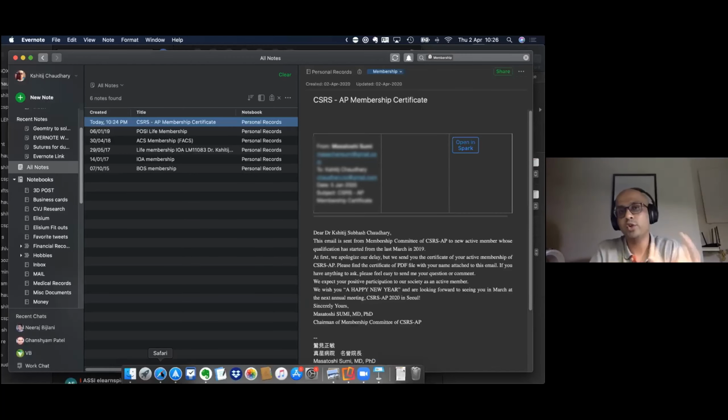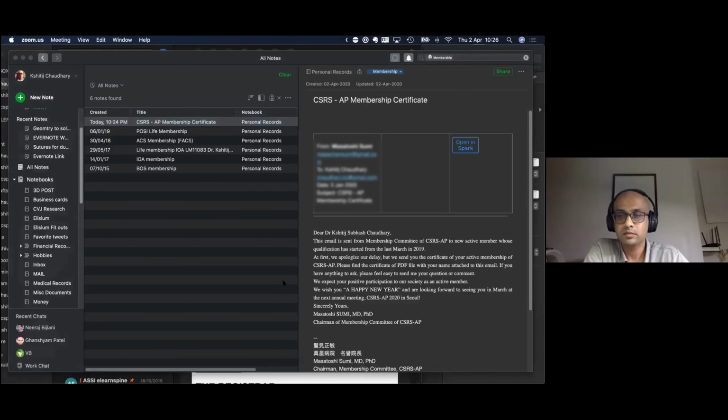So if you store that email address in your contacts, you just forward that email to your Evernote instead of emailing it to yourself. So to clarify, for the common public who has not started using Evernote, whenever you set up an Evernote account, Evernote also gives you an Evernote email address, which is there in your settings.